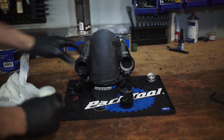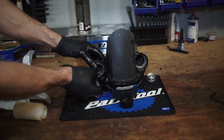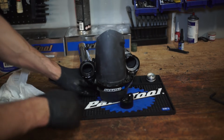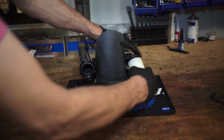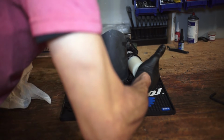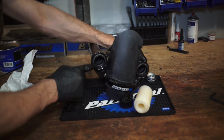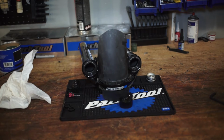And now that that's done, we're going to go ahead and put the Energizer ring back on so we don't lose it. Now, once again, no oil on here. Go ahead, hold your fork leg, try to keep everything level. Press that fully in. You want to make sure that you're completely flush all the way around on both sides. So now that we have those fully pressed in,